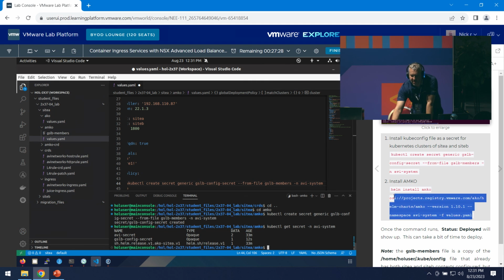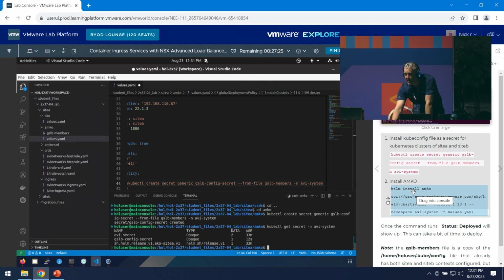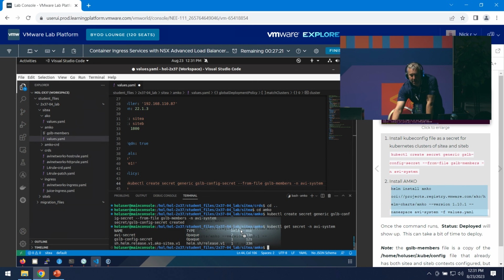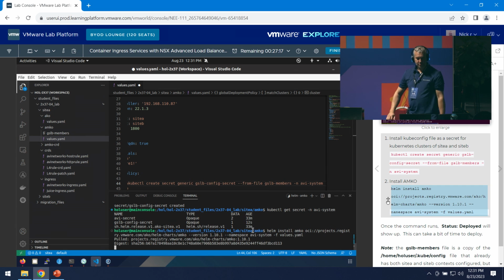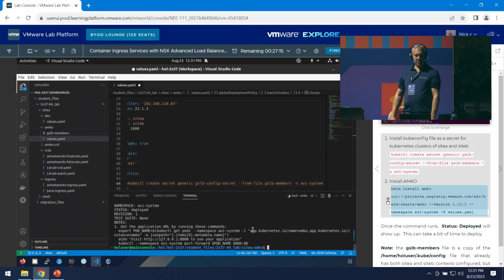You'll see this looks very similar to the Helm install we did for AMKO. Basically only changed a letter or two here to denote the different container. Let's drag that in, hit that. It's going to pull the container down, deployed. All right. So the way AMKO is going to work is it's going to look for a particular annotation